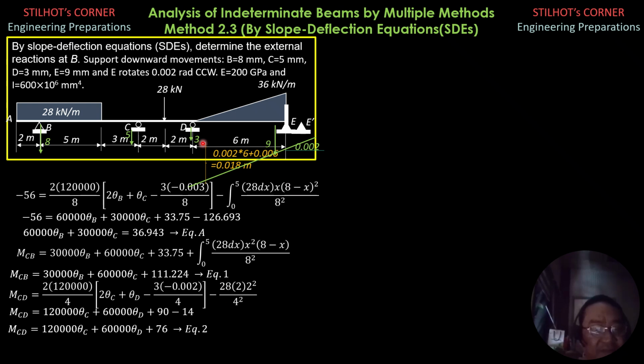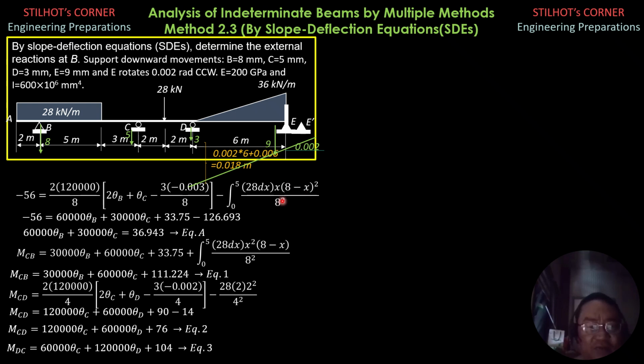And for MDC, we just interchange: 60,000 theta C plus 120,000 theta D, then 90 plus, because this is positive 14, so 104. So MDC is 60,000 theta C plus 120,000 theta D plus 104. Equation 3, then moment DE